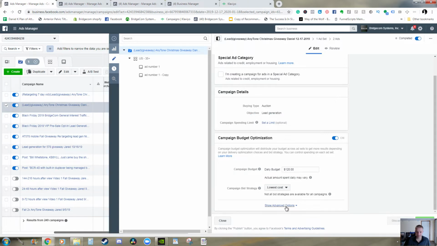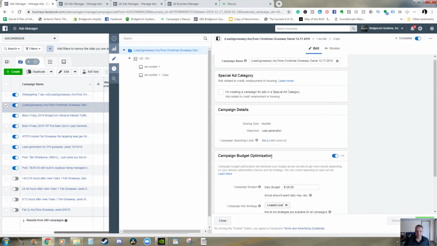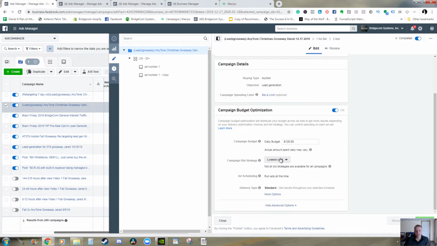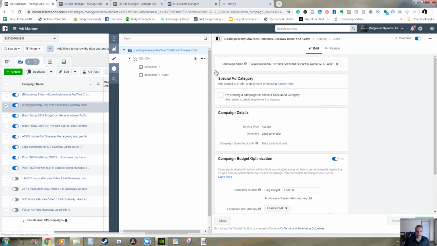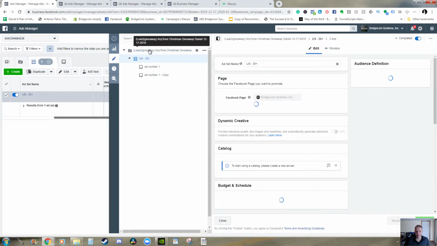We've set the end date to just the 17th or whenever it was. I went with lowest cost bid strategy, just standard delivery, ads run all the time, that kind of thing. So pretty standard. Go into the ad set level here,